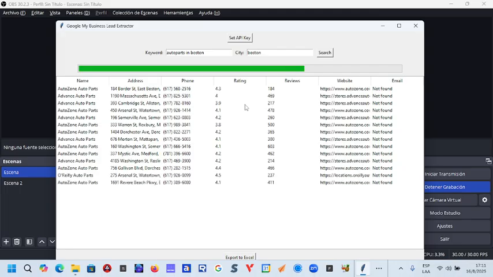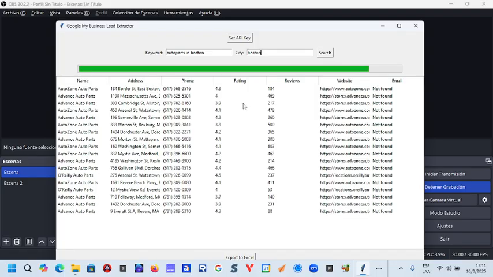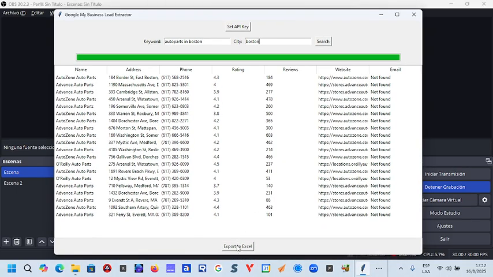So let's wait to finish the extraction of all data. Well, it's done. At this moment, it generates a list for auto parts in Boston. You can export to Excel by clicking on this button that says Export Excel,